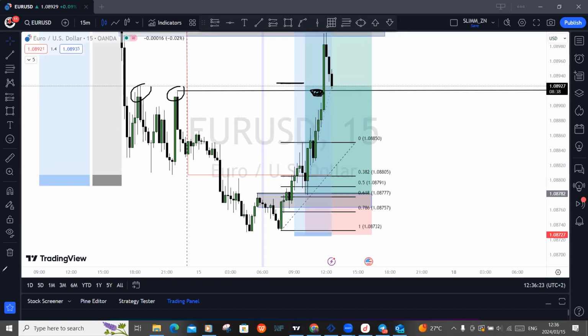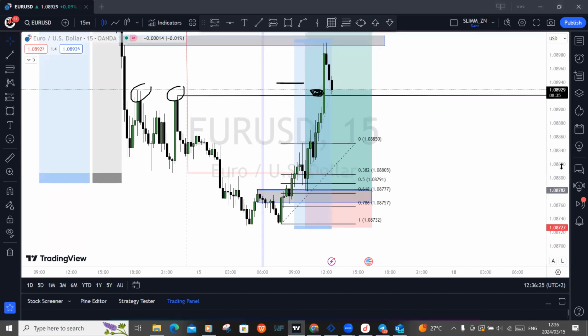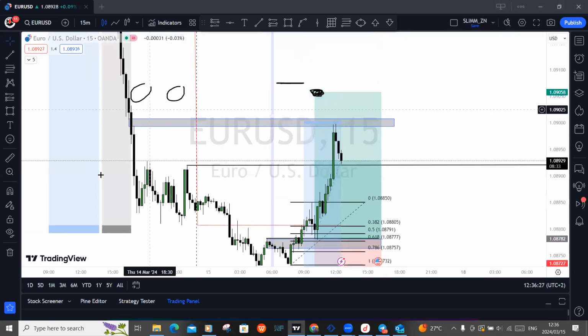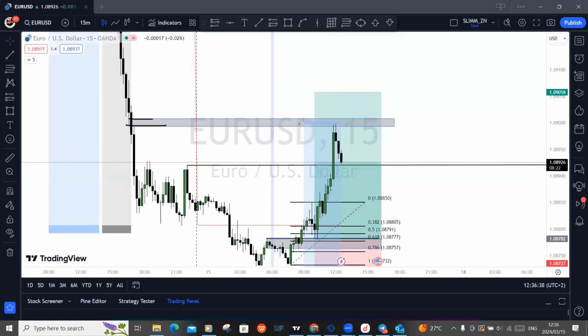Then I also noticed that slightly above that, within the impulsive move we had yesterday, we also had a fair value gap here, which was my next target. Then I had just dragged it out to here, to 1.09050, because that was a complete 1 to 5 setup, but I was happy with closing out